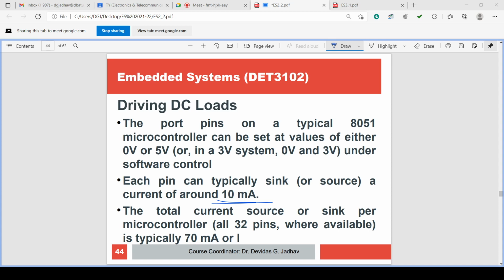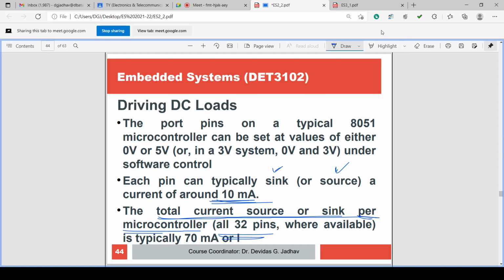So this is according to the specification. Either pin can typically sink or source a current around 10 milliampere. The total current source or sink per microcontroller, every microcontroller, considering all the 32 pins, where available,